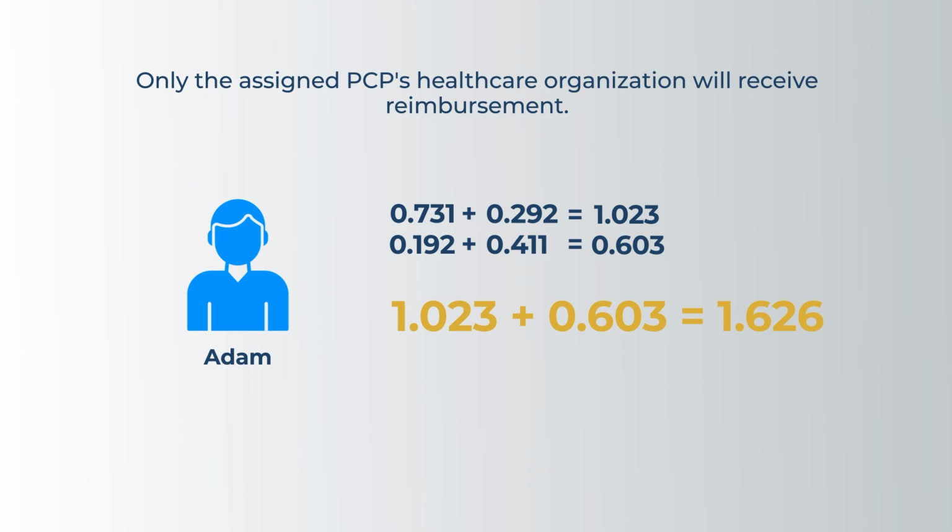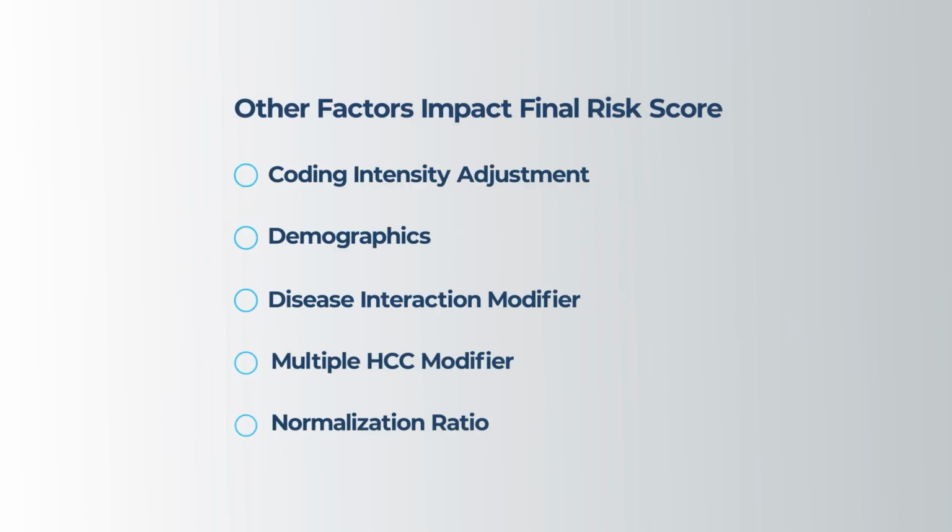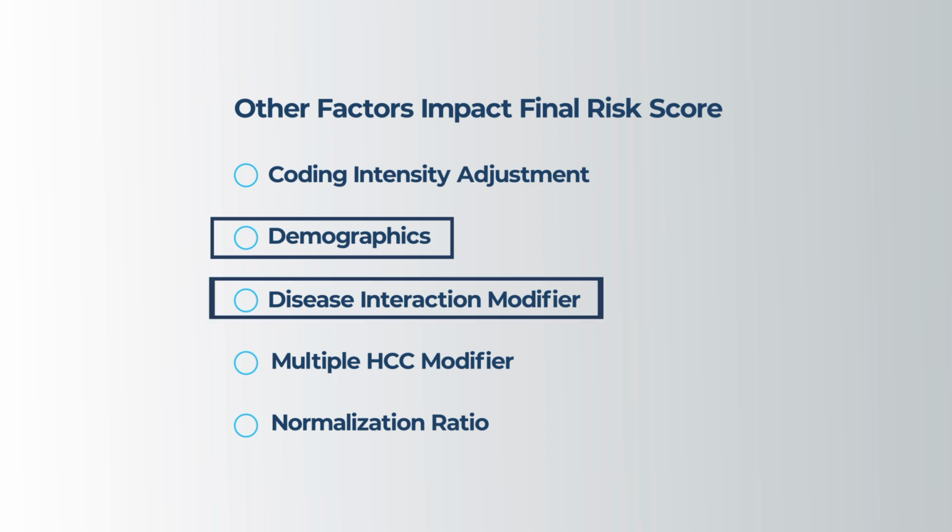Only one healthcare organization will get reimbursed for this patient, which is determined by who the patient has assigned as their primary care physician. There are some other nuances not covered here, such as not all patients starting at the same value due to demographic information, and some HCCs have values added to the score based on coding combinations of HCCs from different hierarchies. But this should give you a quick insight into how a patient's risk adjustment factor is